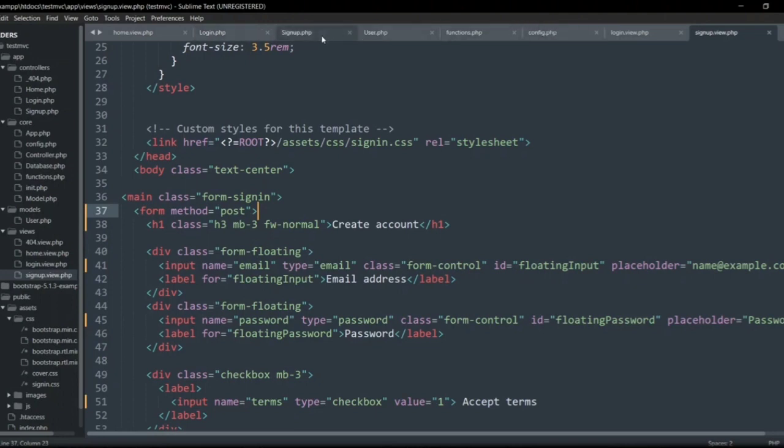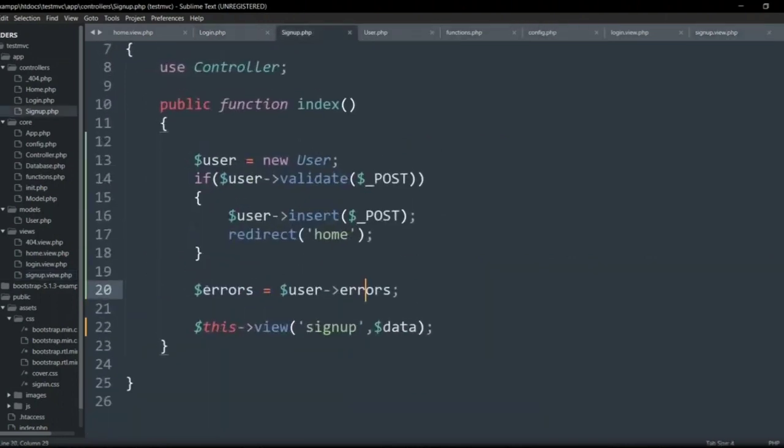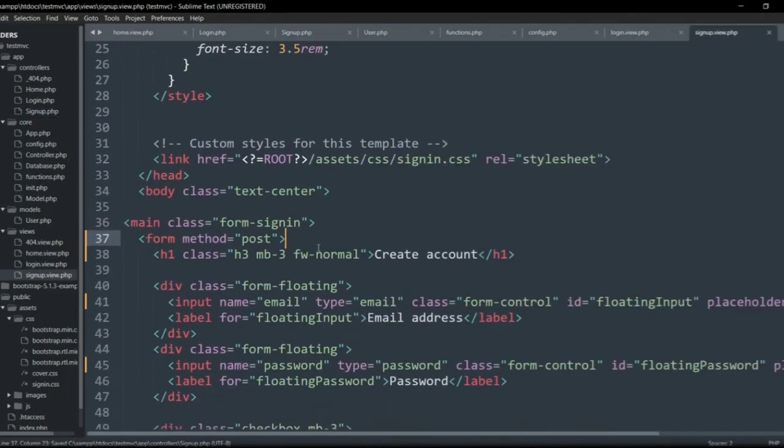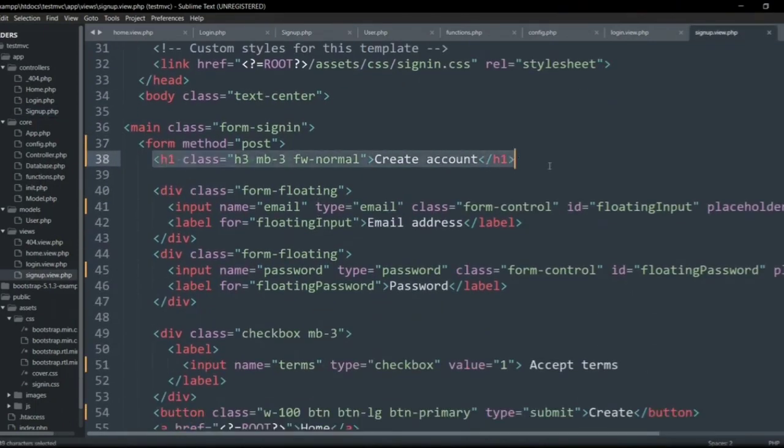Now, in order for us to be able to send it in the first place, this variable will not be available here because we are only sending this one. So what I'll do is I'll say data errors, so that once we send data, it will contain an item called errors in there. Okay, cool. Now in the view of the sign up, we can check if errors is not empty and